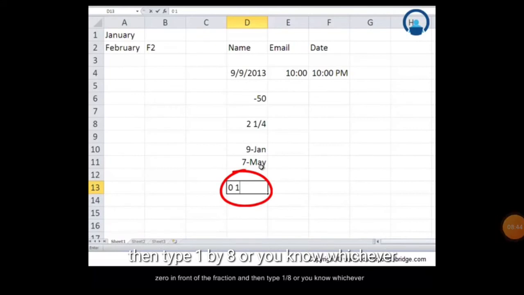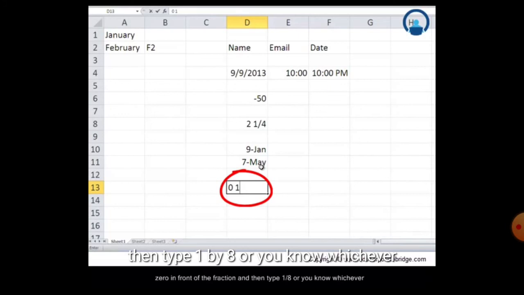Note down that whatever format of data we write, like text, it automatically takes it. We wrote name, email, date, text labels, and inserted some numbers, minus values, different date types, and formulas.